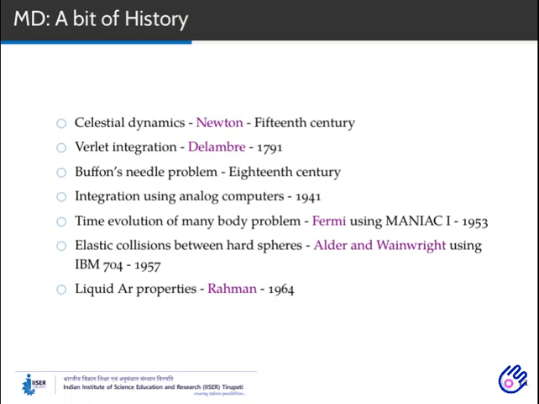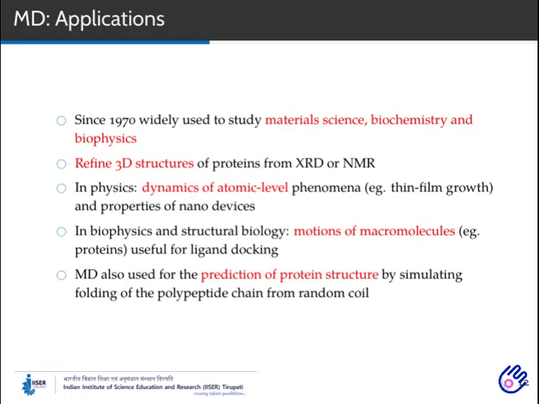And finally, one notable person in this field is Professor Rahman, who is from Hyderabad, known as the father of molecular dynamics, as he developed some key principles which are still used in the molecular dynamics regime. In 1964, he studied the liquid argon properties using a Lennard-Jones potential, which opened many doors of molecular dynamics. So, where are these ideas actually used?